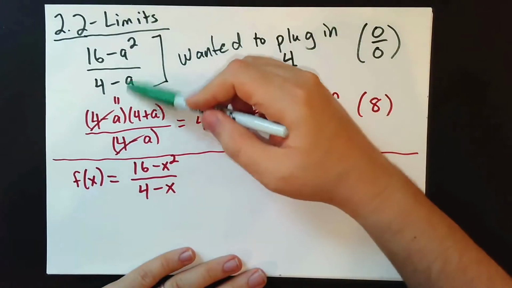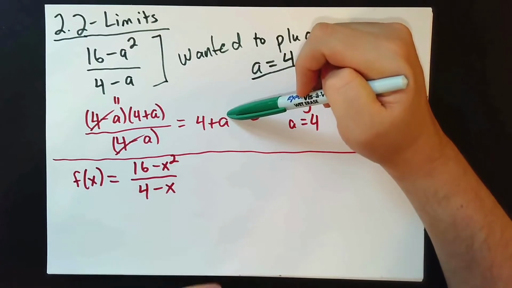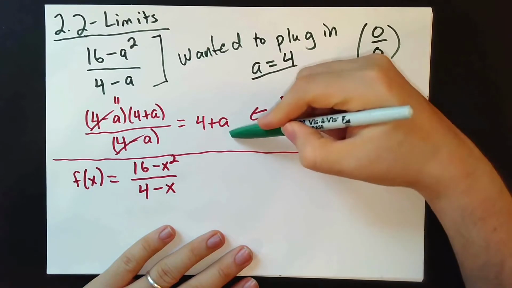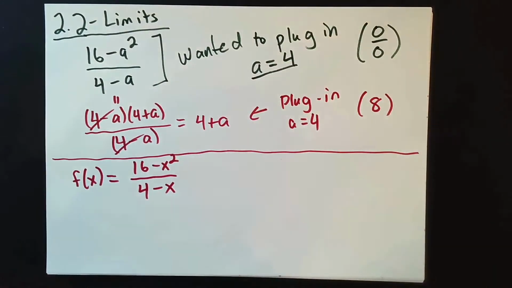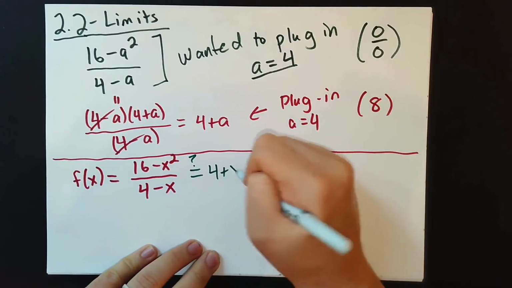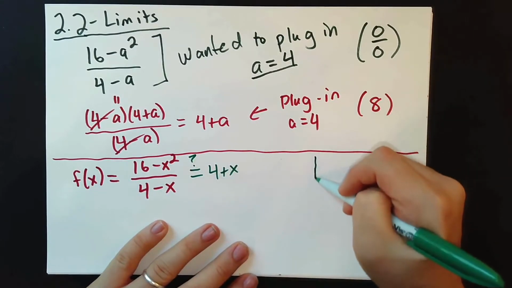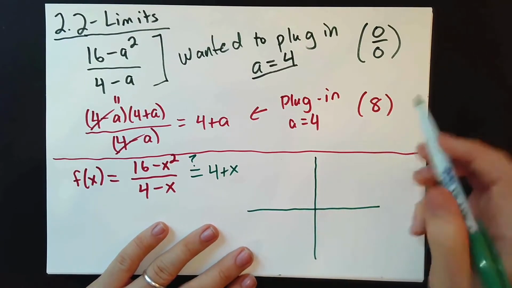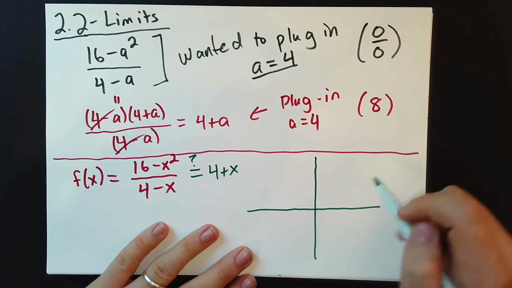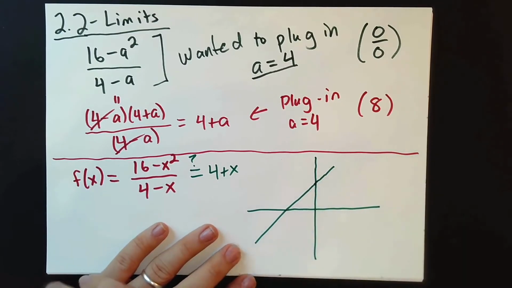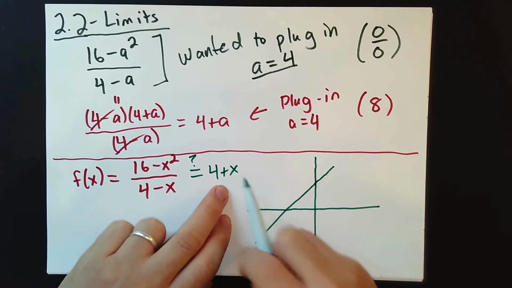And it seems like because of this string of equal signs here, that this is just 4 plus a, so this would just be 4 plus x, so I'll put an equals with a question mark over it. And so you're probably inclined to think, okay, well this graph here, it ends up looking like a line with a positive y-intercept, so it'll end up looking something like this. And you would basically be right, except for one thing,